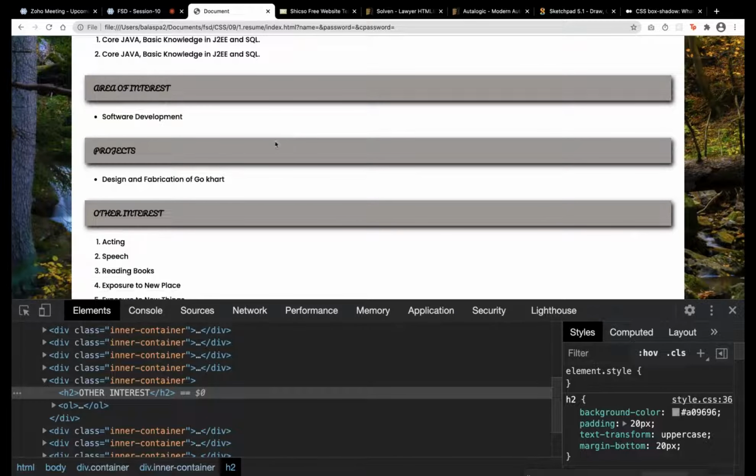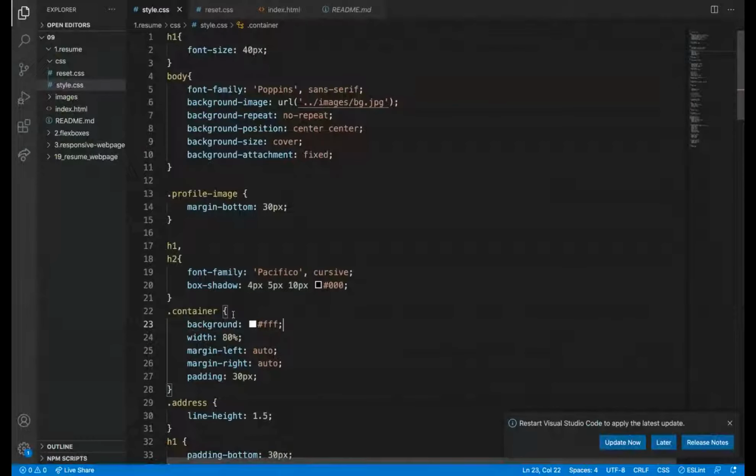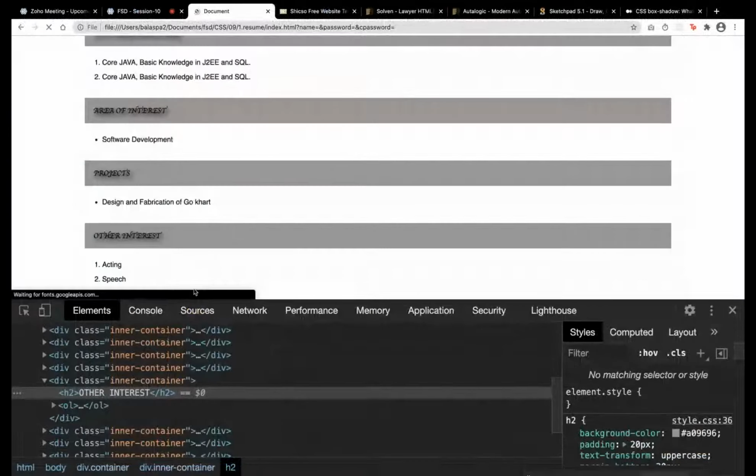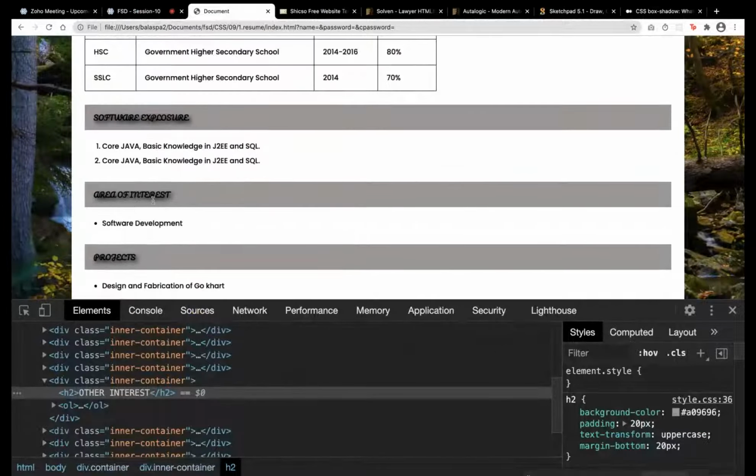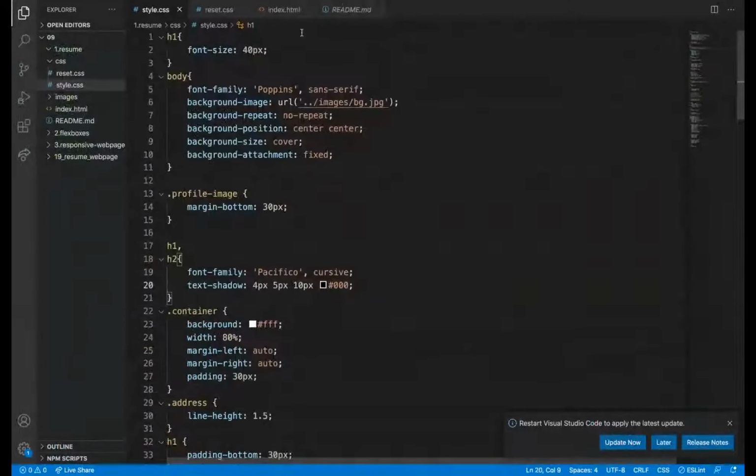See, shadow got applied. Can you see? For the box, shadow got applied. If I want it for the text, changes, for the text, shadow got applied. Can you see? This is the difference between these two. Only one other thing is there.